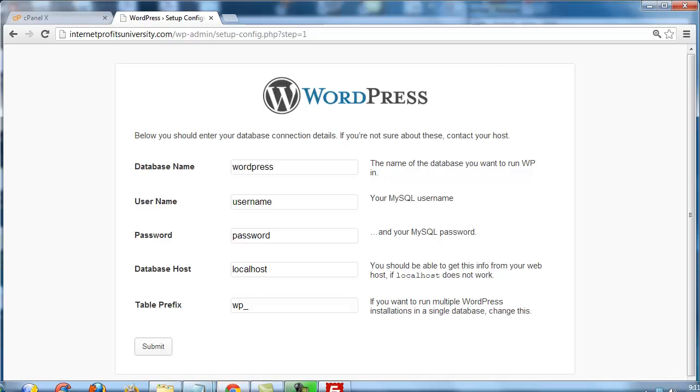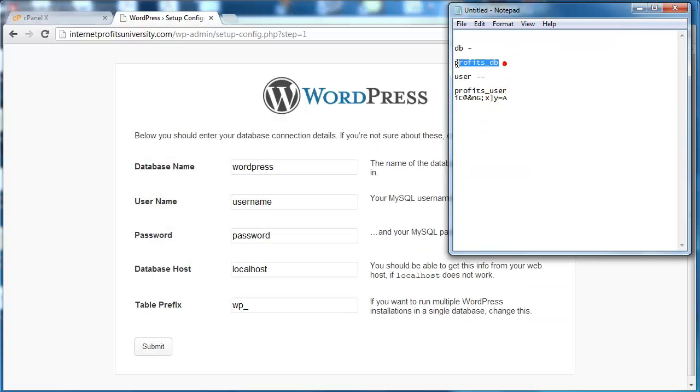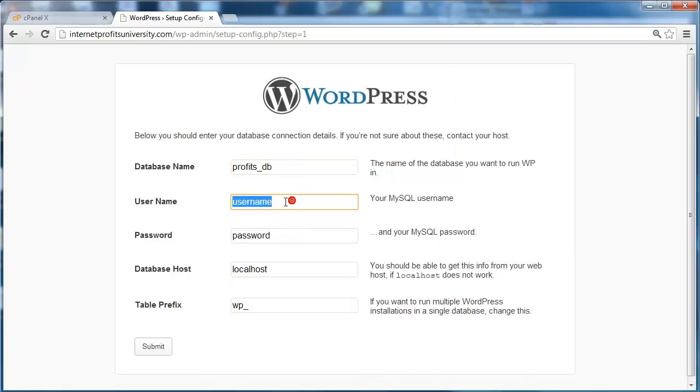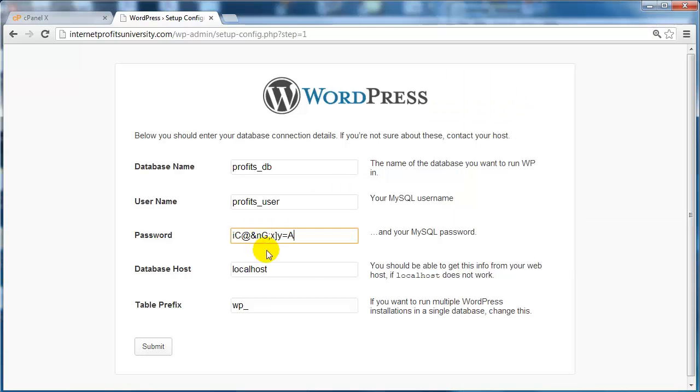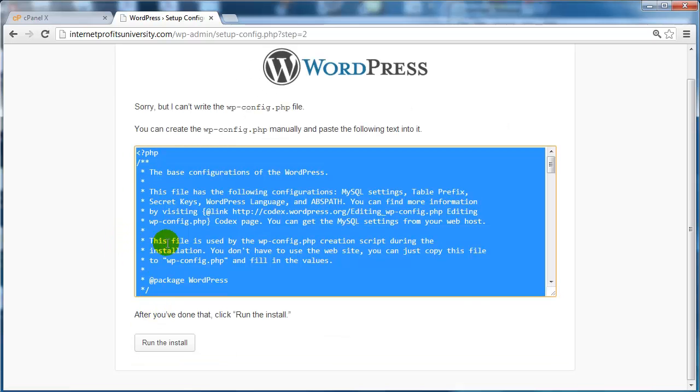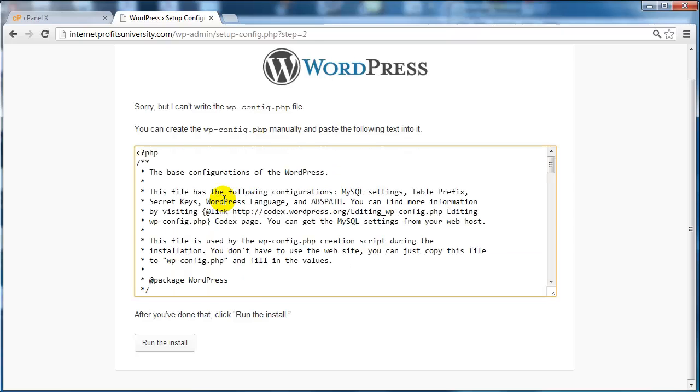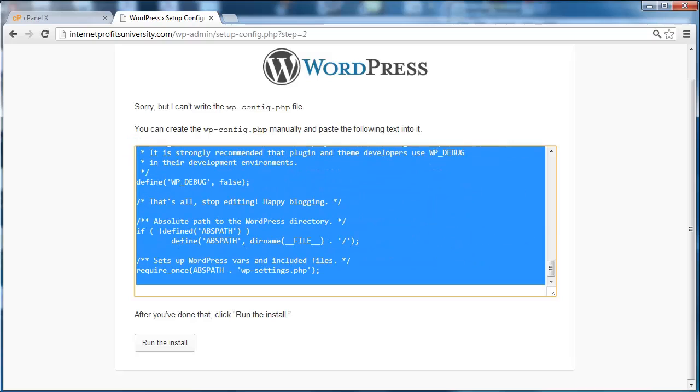Now we can enter the database name, which is profits_db. In this case, the username, which is profits_user, and then the password. Now, for most of you, the database host is going to be localhost, and you can use any table prefix you want to. In this case, we're going to leave everything else as it is and click on submit. Now what we need to do is copy this information here in this box here